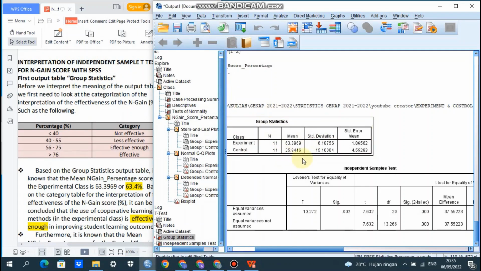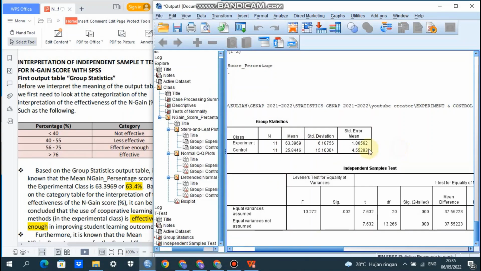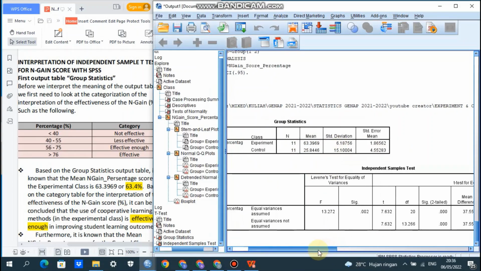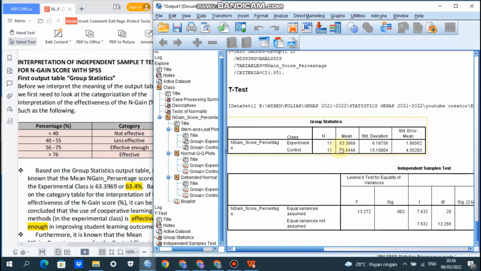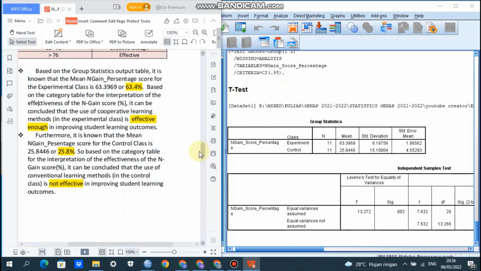From group statistic, it shows that there is a significant difference, because the mean of the N-gain score percentage here is 63.4%, effective enough. And then for the control class, 25.8%, it is not effective.